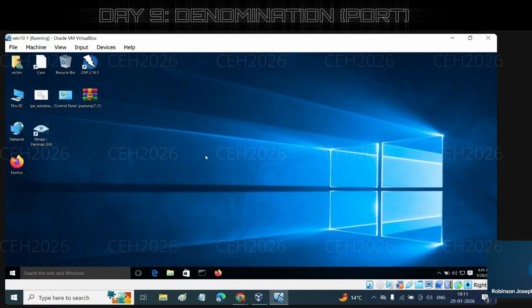Yes, sir. So there are some ports or services on which enumeration can be done. That means we cannot do enumeration on each and every service. There are some specific services and port numbers on which we can do enumeration, like